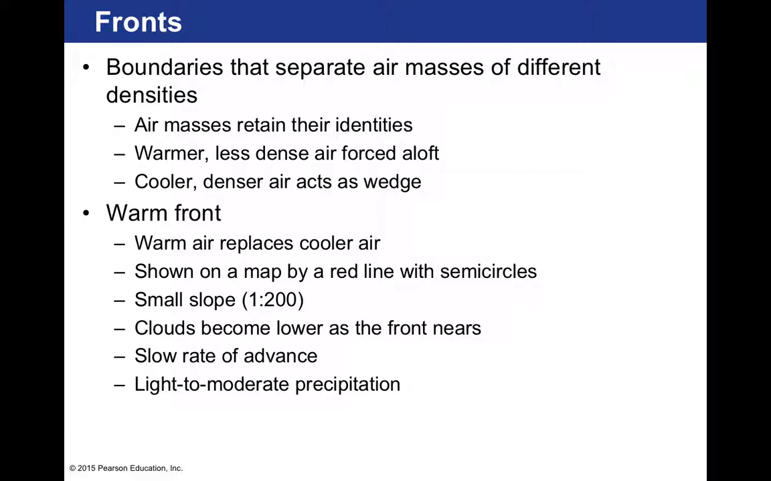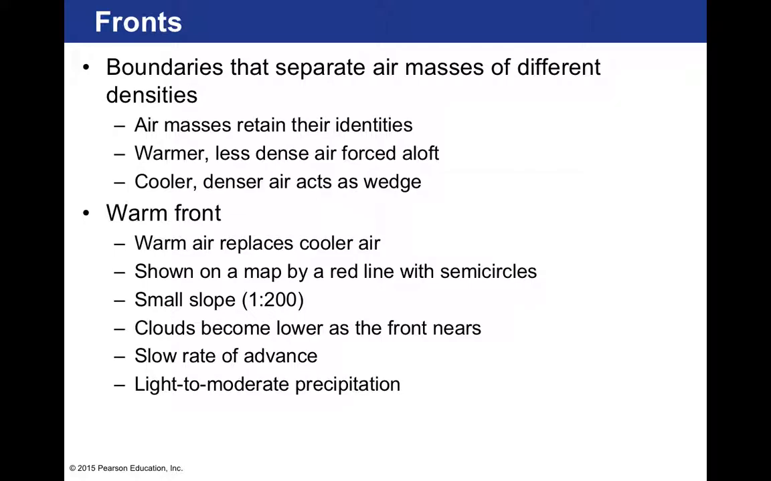So a warm front is where warm air replaces cooler air. It's shown on weather maps with a red line with semicircles. They have a small slope, usually about 1 to 200 in terms of how high the altitude you would rise per going 200 units in the horizontal direction. Clouds become lower as the front nears, and it's a slower rate of advance, and it's